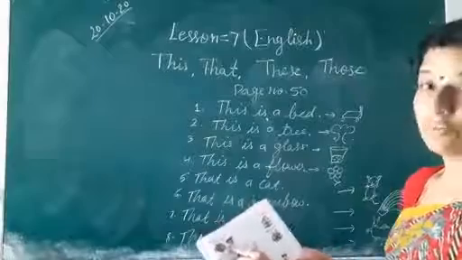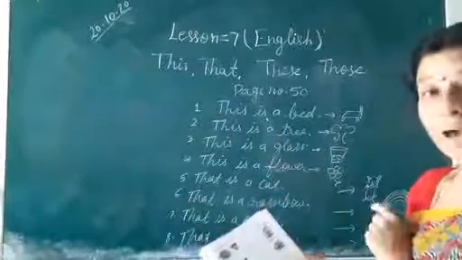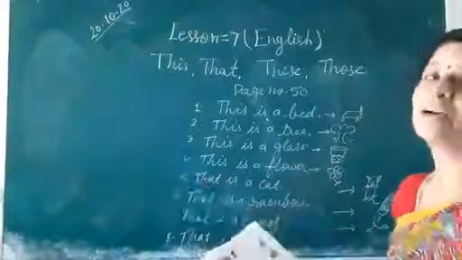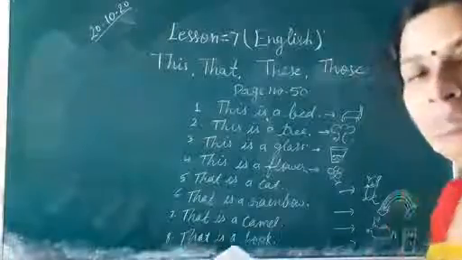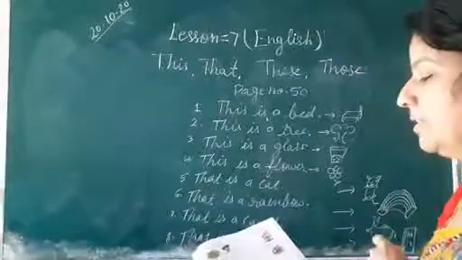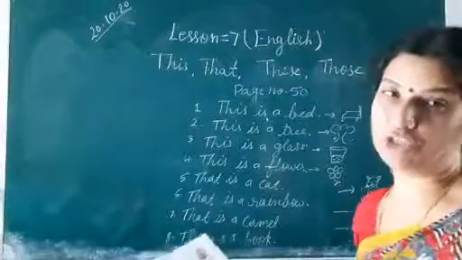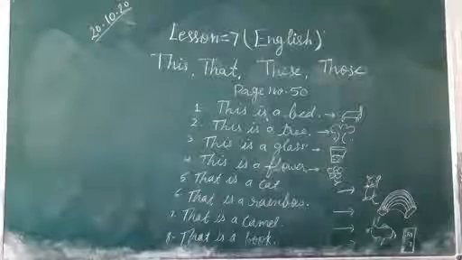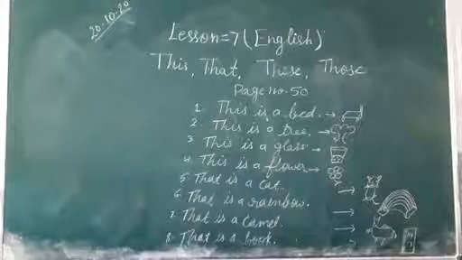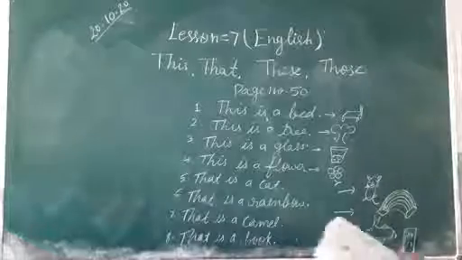Now, page number 15. This is a watermelon. That is a house. This is a parrot. That is a bicycle. अब आप इसका करेंगे मैचिंग. You will match in your book. Let's practice. Match the expressions below with the correct picture. Open your book and do the matching in your book.